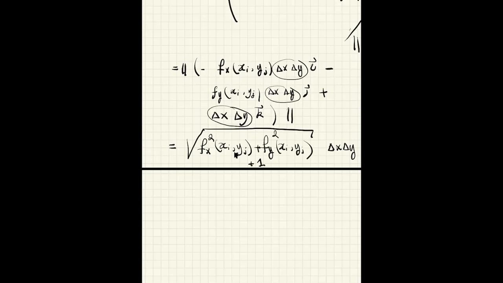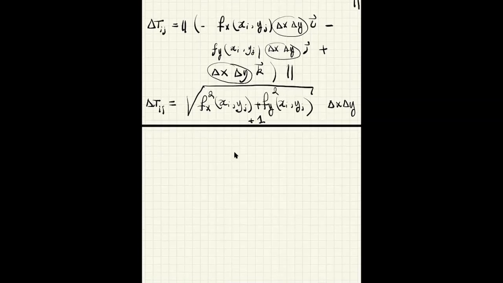Okay. So now we have a formula for the area of this. Right? This is a very explicit formula. It's not the same as before. We have a very explicit formula that depends on i and j. So the area of the surface. Remember, we took this, we summed all of these very small rectangles, and this was the area. Now we have a very explicit formula. It is the limit when n and m go to infinity of this sum,